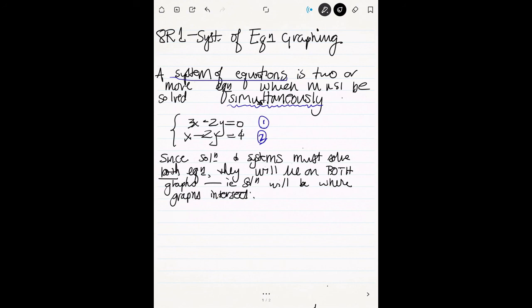Okay. So in the guided notes that you look through, they do 2 examples of showing whether a point is or is not a solution. That's just plugging in. If it's true for both, yes. If it's true only for one of them, then no. You can have a system with more than 2 equations. You can have however many you want. In this class, we're just going to focus on